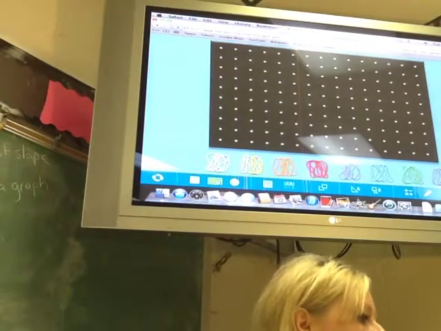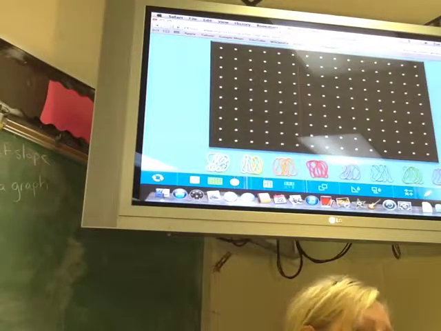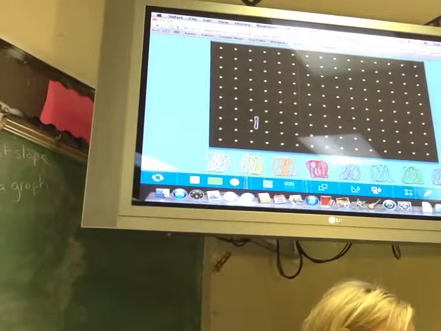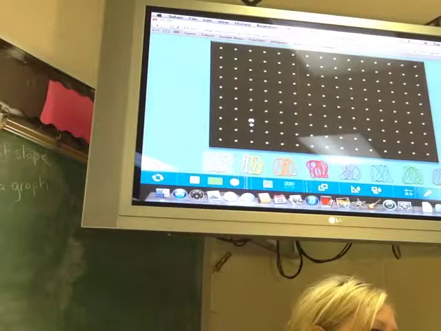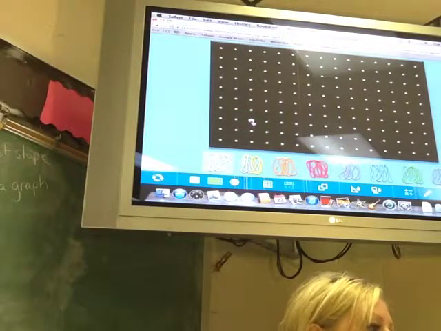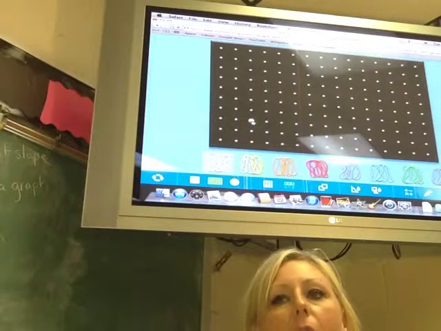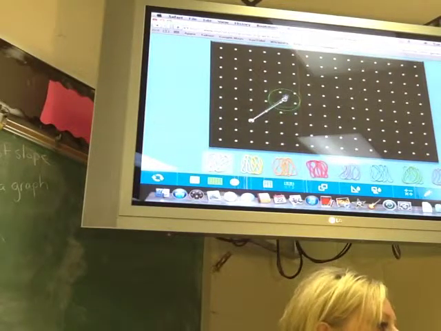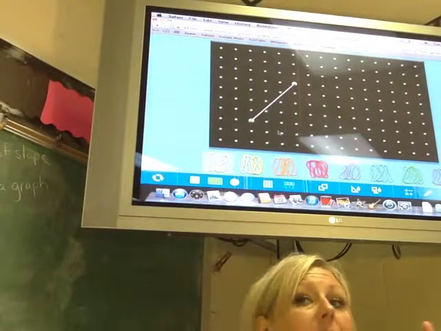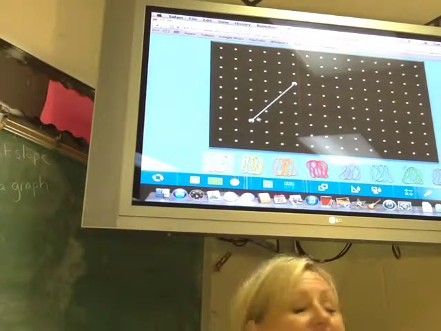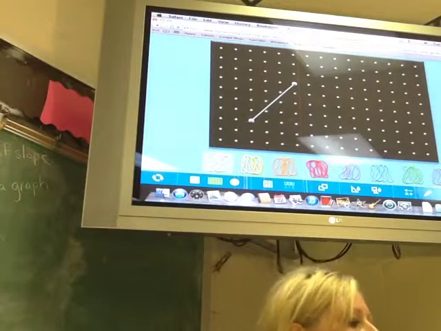And now, if I ask you to get a white rubber band, click and drag it, white rubber band, I want it to start on the same peg. Okay? Then I want you to grab that and I want you to stretch it. Show me a positive slope. So if you're showing me a positive slope, there's a positive slope. If I ask you what is the slope of that line,